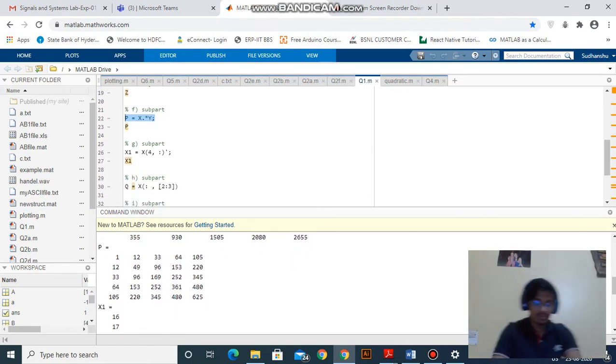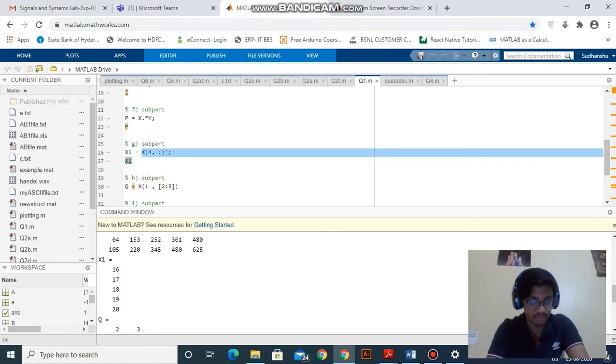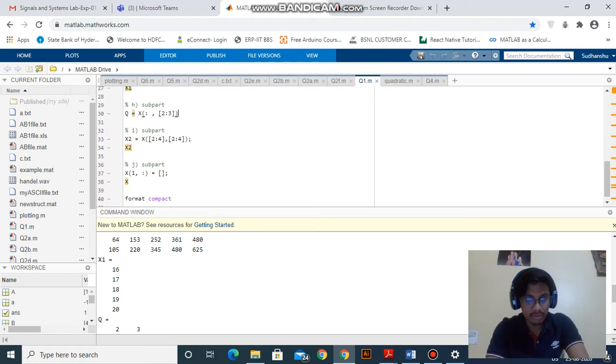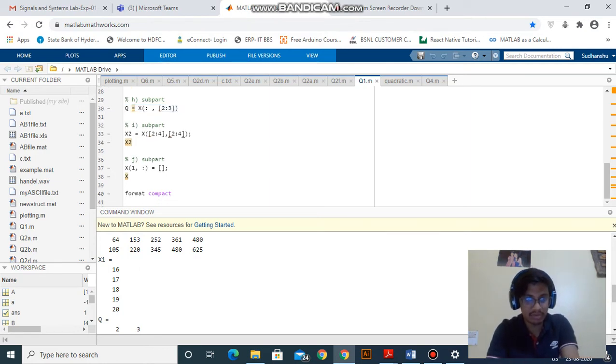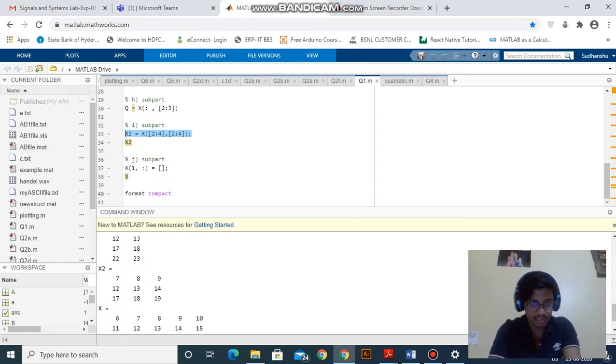Now to get some subparts of the matrices, this is the syntax used. Here we have collected the fourth column. Here first we have collected the fourth row of the matrix X, and then the transpose of it, and that is a column vector X1. Similarly, the matrix U is a subpart of the matrix X, which consists of the second and the third column. To get this subpart of the matrix X, this is the syntax which is used, the inner subpart, and here we can see that the output X2 is the inner subpart of the matrix X.